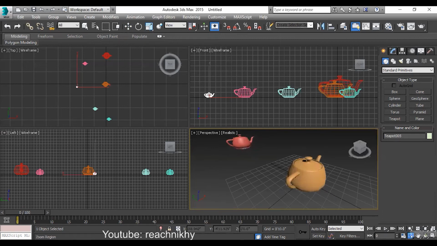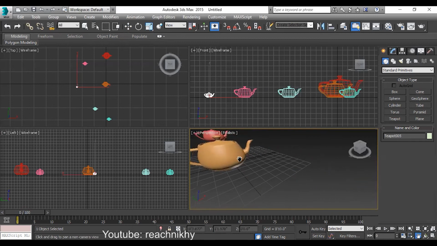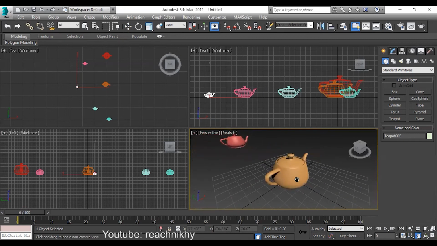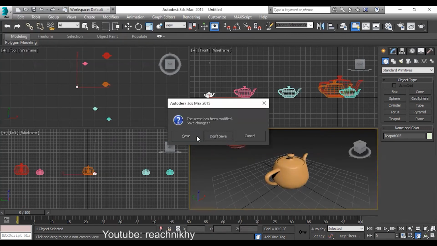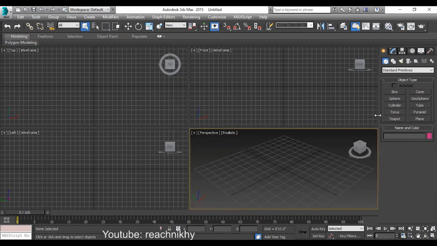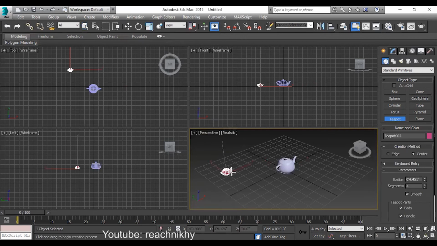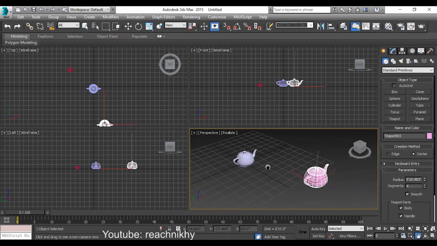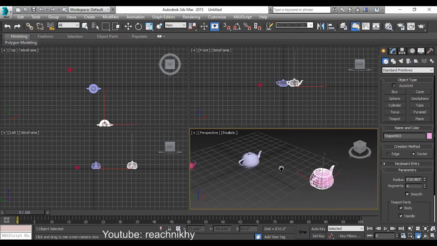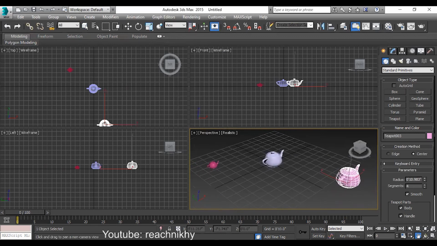Then we got our pan view. Pan view means very simple. You click and move it like this, there you're getting your view at this place. Let me reset this once. From the file menu, we'll reset, don't save as. So this is what we're getting and create our teapot 1, 2, 3 like. Then whenever I want to pan this, what I'll do is I'll use this pan view and I'll simply pan it like this in the same. Okay, that's how it works out for us in this place.